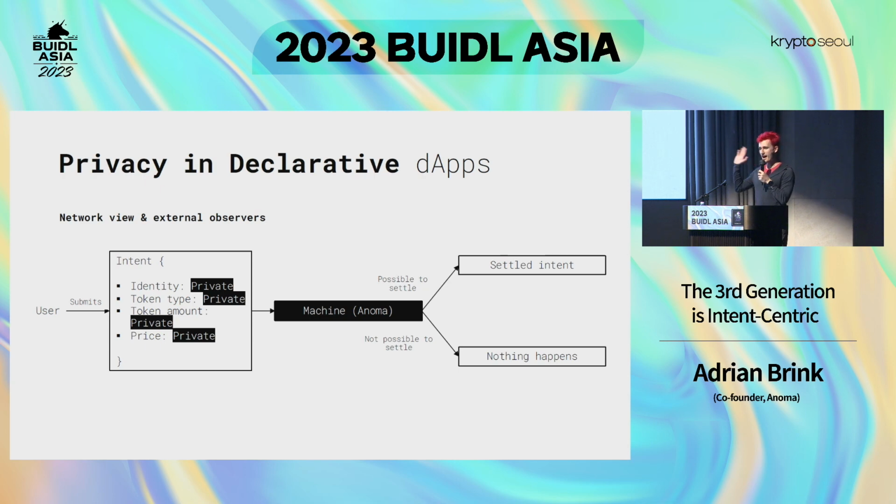In an architecture like Anoma, whether an application is private is not a developer choice. There are applications and then there are users, and it's fundamentally a user-level choice whether they want to interact with applications privately or not. And this is because of the structure of the intent. Any of the fields in an intent can be private. They can be authorized in zero knowledge, or in the future they can even be authorized using fully homomorphic